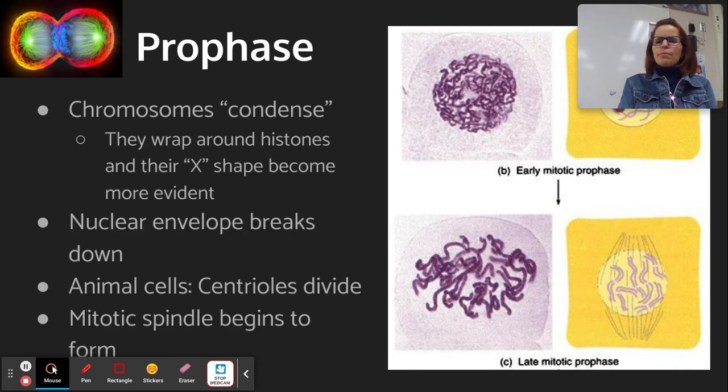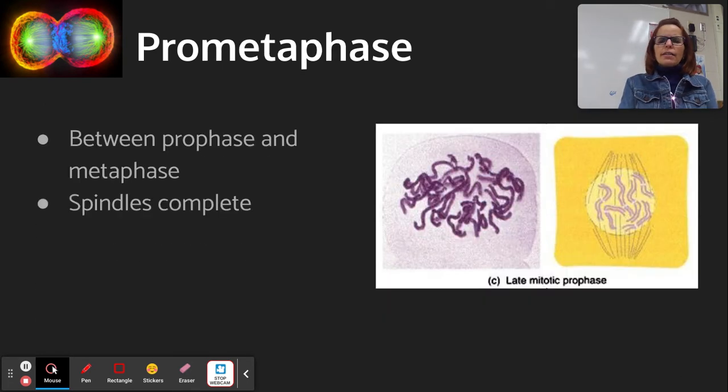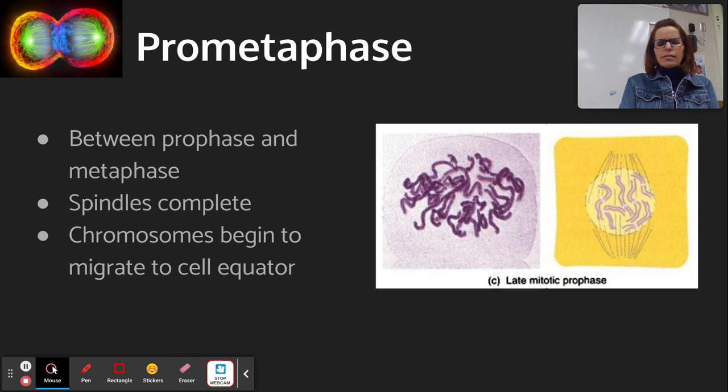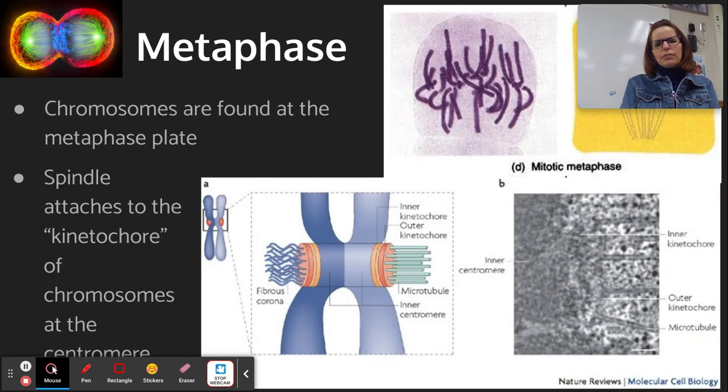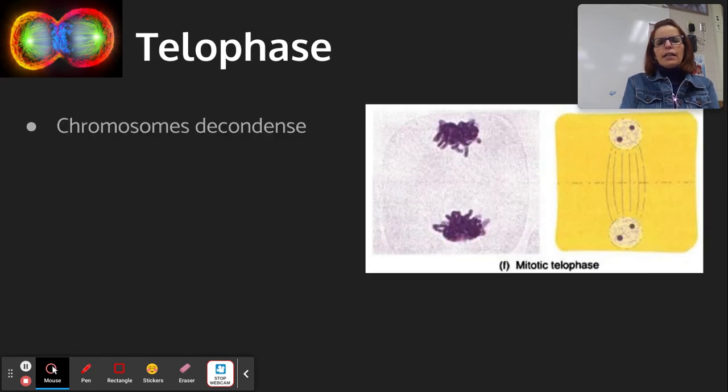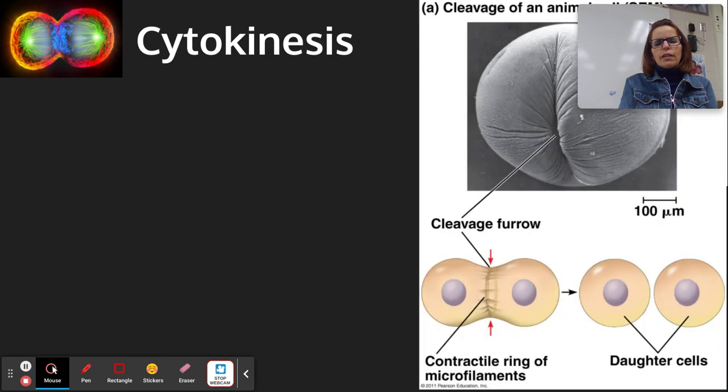Okay, and then I'm not going to say a whole lot more. So prophase, and then prometaphase. It's like a preteen, no, a tween. That's what they call them. Tween. It's like, that's not a real word. So prometaphase is in between prophase and metaphase. Metaphase, they line up in the middle. Anaphase, apart, and telophase, they form two cells.